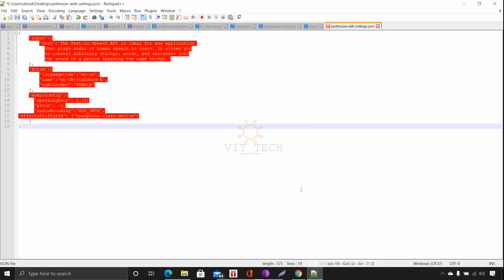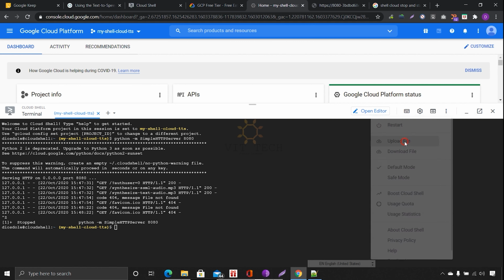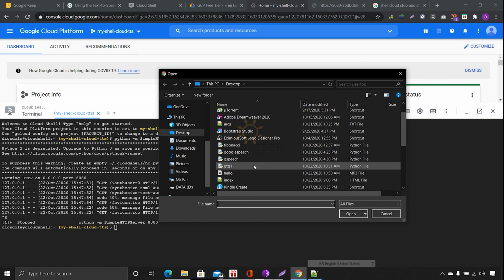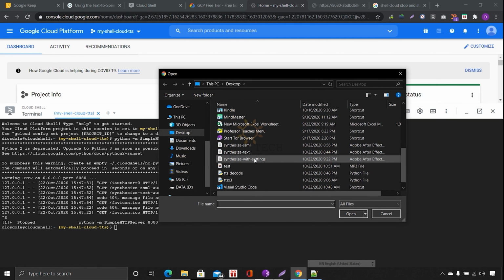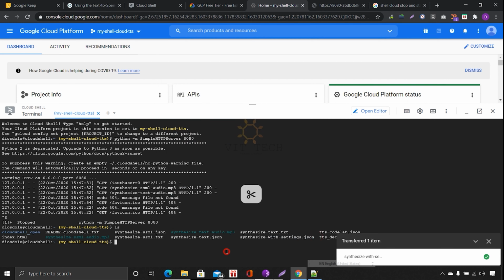Okay, now upload it, the synthesis JSON. You see this is the one with the settings. Uploaded. Again we will check that the settings are there. Yes, the settings are there.